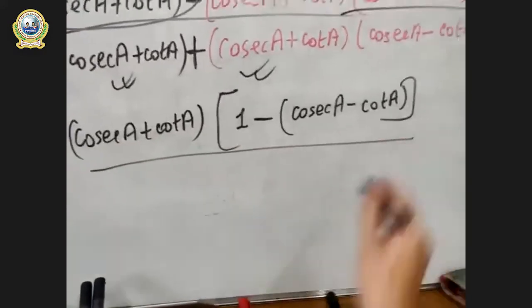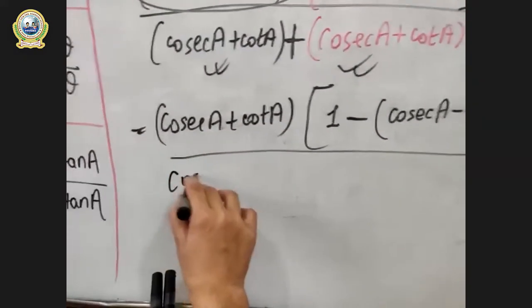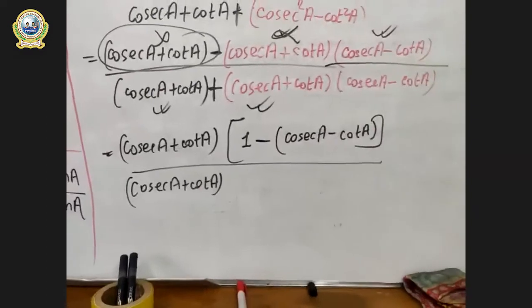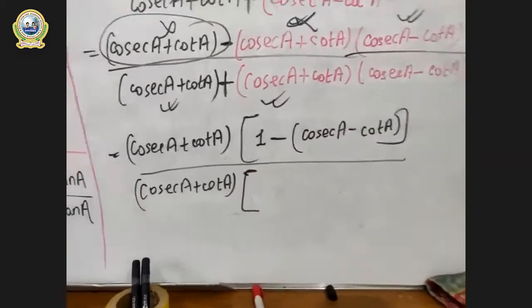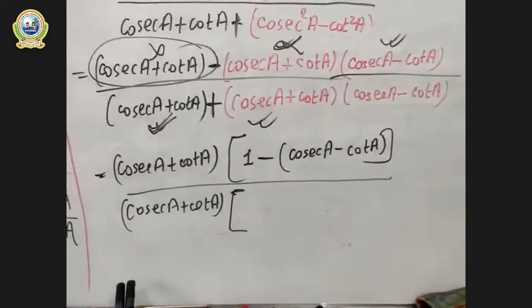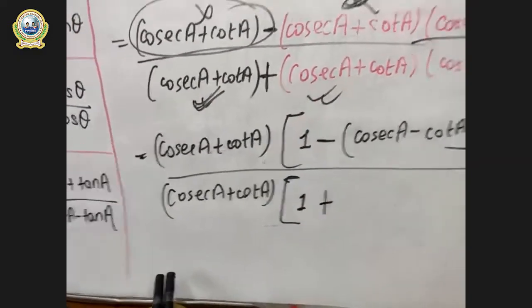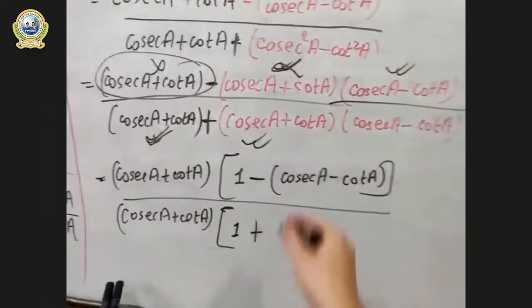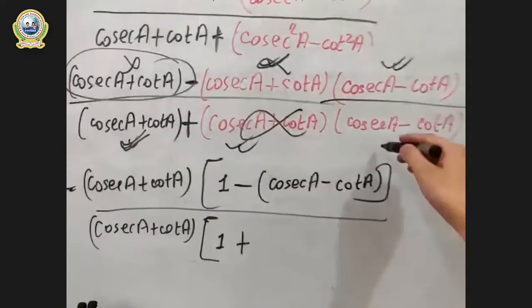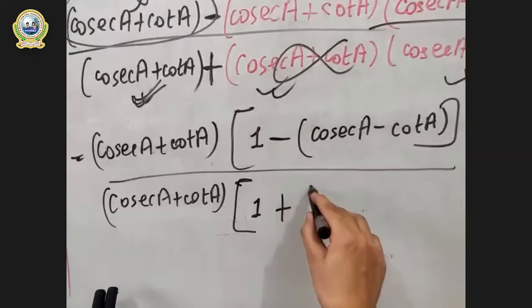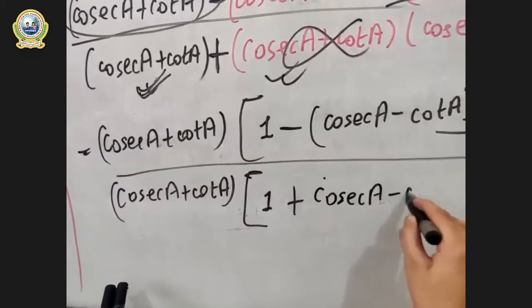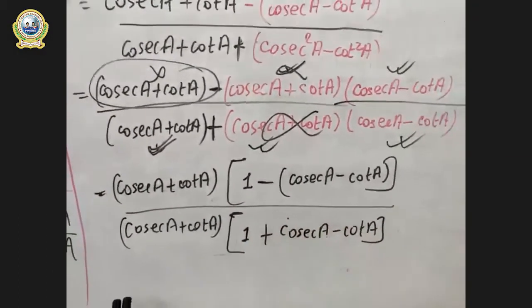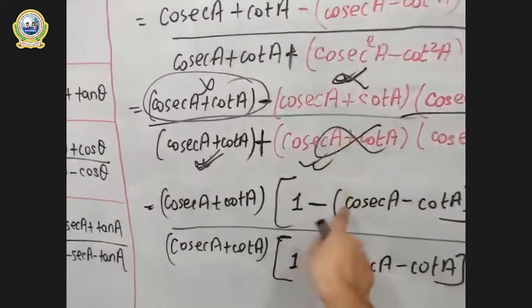And in the denominator part, look at this properly. We have cosec A plus cot A as common. This can be taken as common, so now use a big bracket. This has already been taken as common, so in front of plus we will have 1 left. This plus is written over here. And in the red color part, we have already taken this as common, so now this will be left: cosec A minus cot A. Now you might ask, where is the small bracket? Because after a plus sign, no need to put a bracket. But the bracket is compulsory after a minus sign.